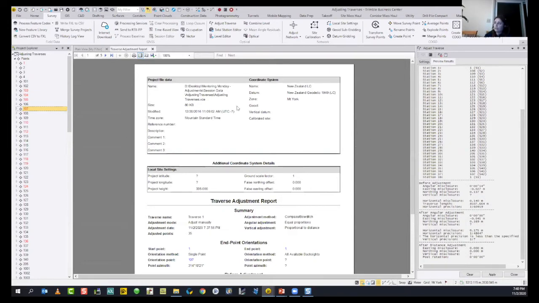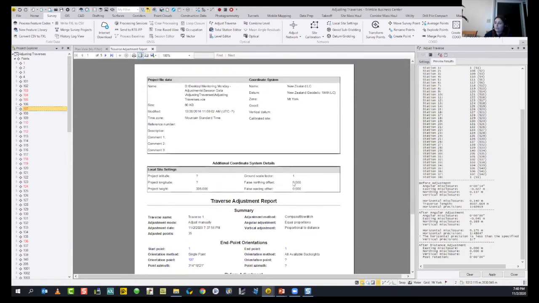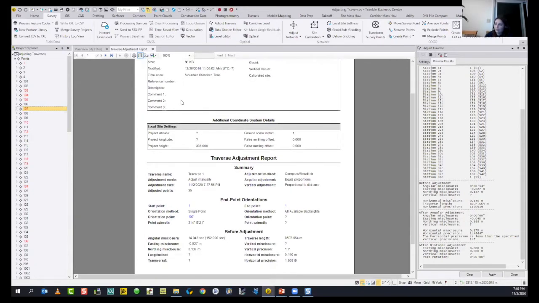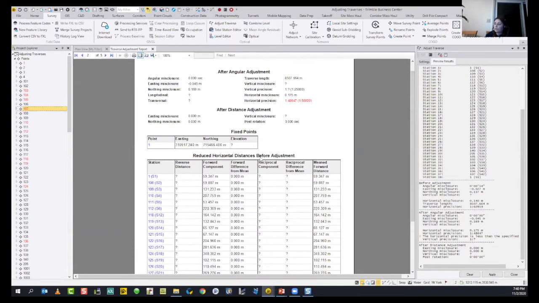And you can display the traverse adjustment report. And you will see your summarization of coordinate system, your project details, coordinate system, local site settings. You will see a little summarization of the entire process, the methods, the endpoint orientations, start station orientation.